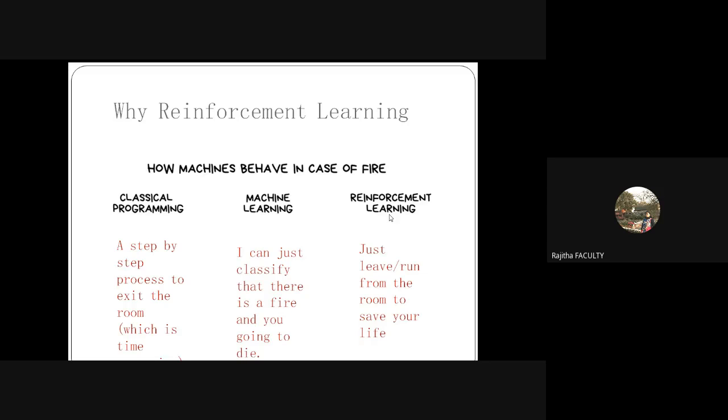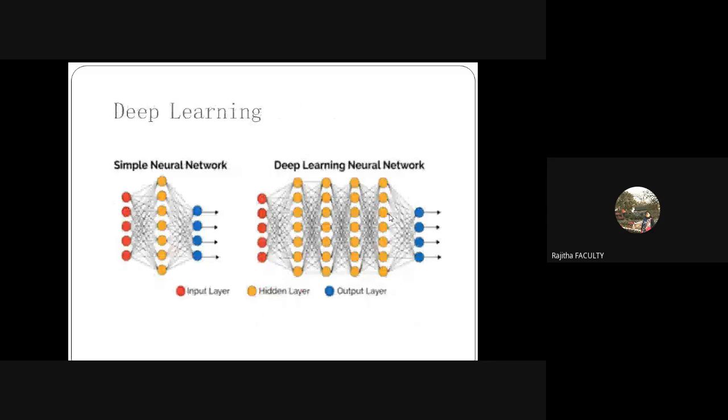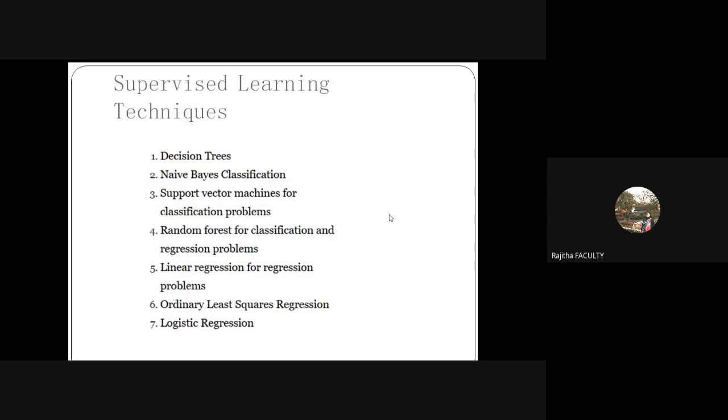Okay, fine. Now various ML techniques, you can see these are the various ML techniques: decision trees, Naive Bayes classification, SVM, random forest, linear regression, and many more. So I think most of you have gone through these algorithms already in your previous lectures, right? In your previous test, you might have gone through all these methods. So I'll just have a quick brush up on this.